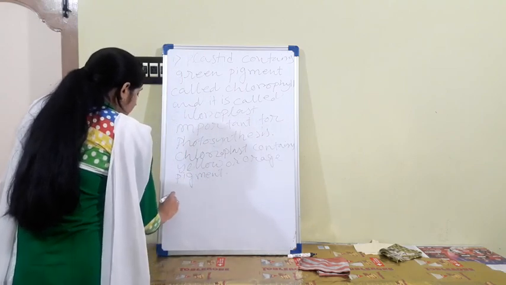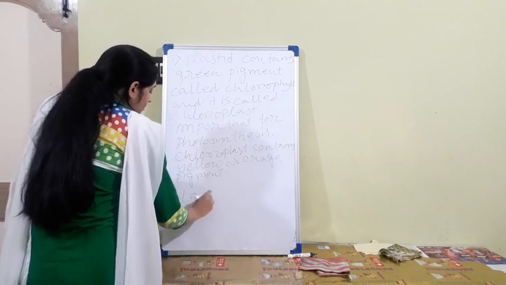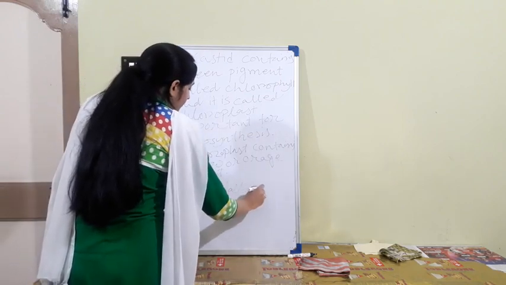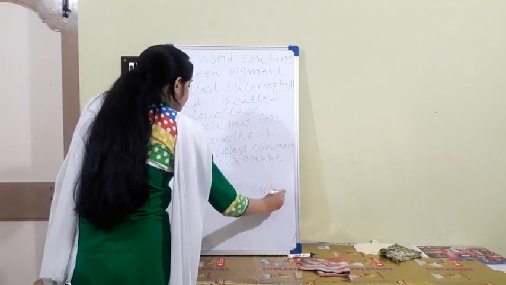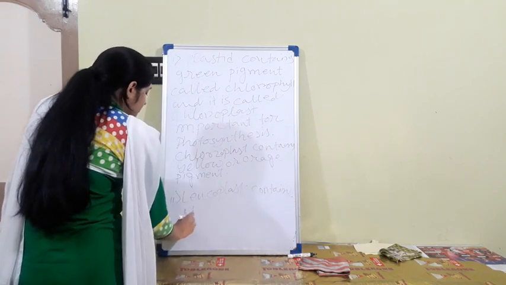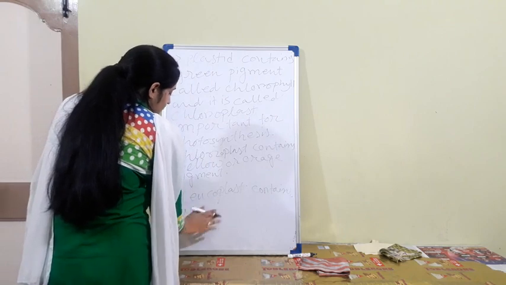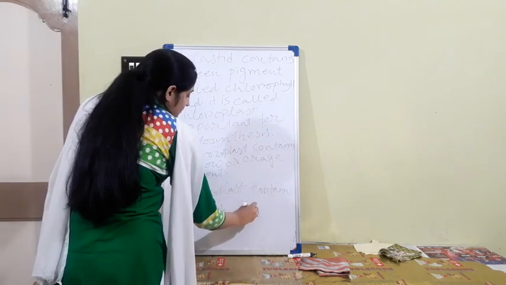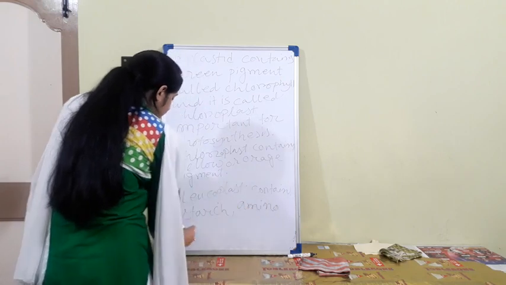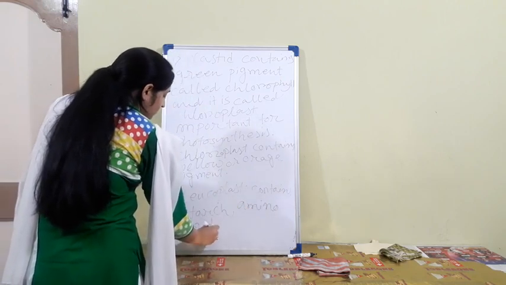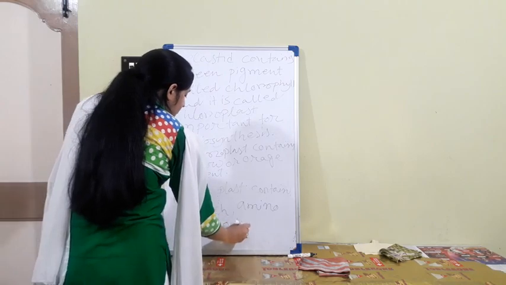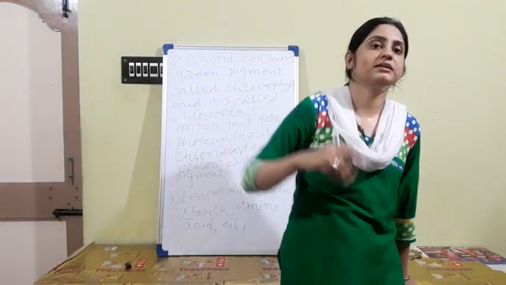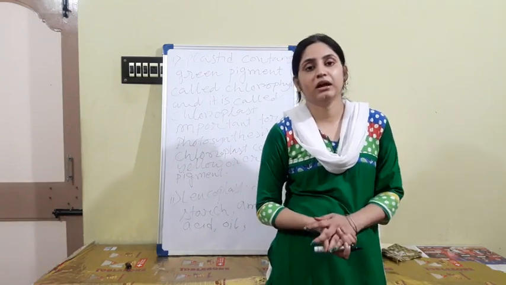And number 2, leucoplast contains starch, amino acid, oils. Okay, so these are the types of plastid, 2 types, that is colored plastid, mainly any green color that is